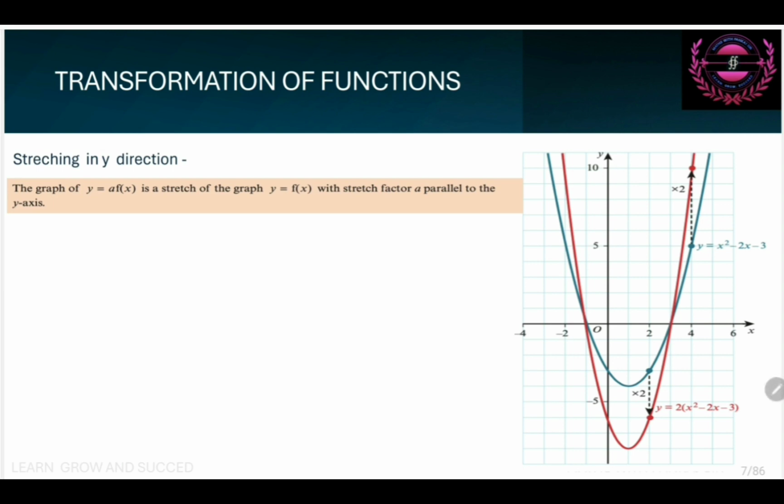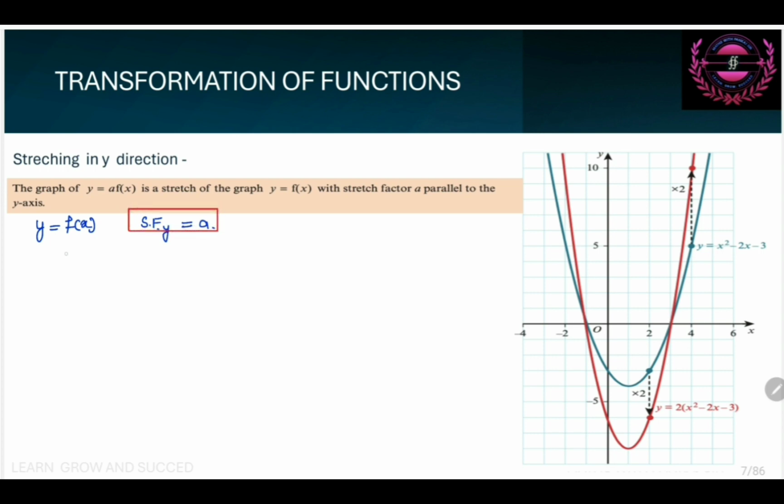Let me explain. If you are given a function y equals f(x) and you have to stretch this in the y direction with the stretch factor in y direction equal to a,